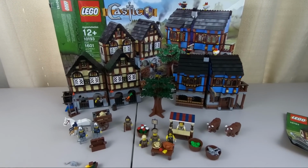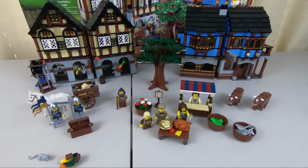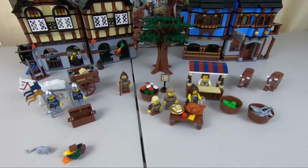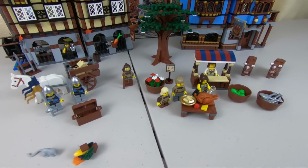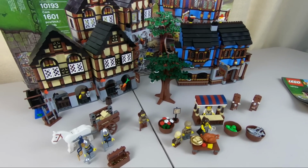The Medieval Market Village is complete. It was a lot of fun putting this together. It was a bit of a challenge, though, because the bags weren't numbered like they are now in more modern day Lego sets. So I had to open all of them and try to get them as organized as possible,